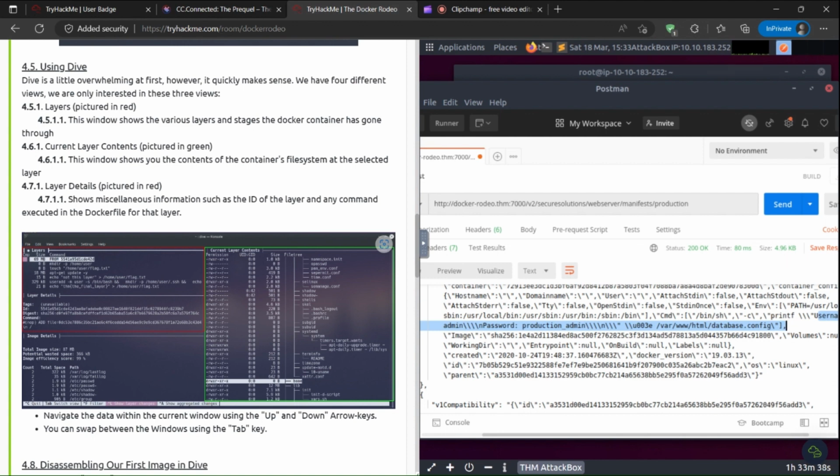And it says layer details, pictured also in red. But okay, we have here showing layers, it says layers, then current layer contents, okay, and here image details, okay. For layers, this window shows the various layers and stages the Docker container has gone through. For layer contents, this window shows you the contents of the container's file system at the selected layer, and the